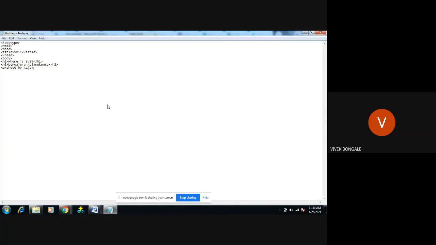Okay, you'll come to know why I'm giving this photo by Raj, because I'm trying to display the photograph, right? The photograph is taken by who? By Raj, some Raja. He has taken that photo. Okay, so photo by Raja, something, right? So I want to display what here.